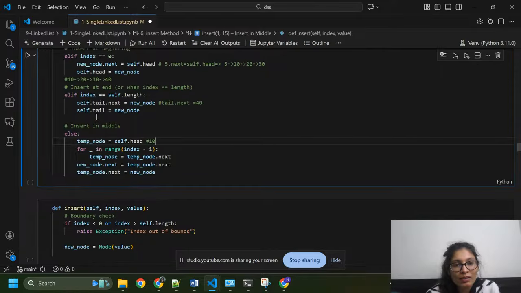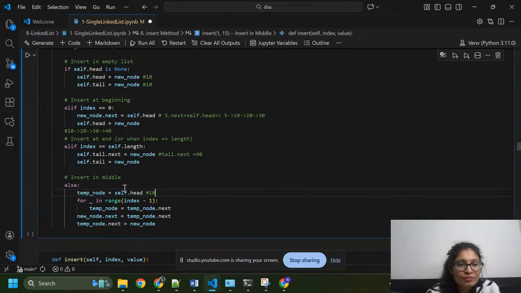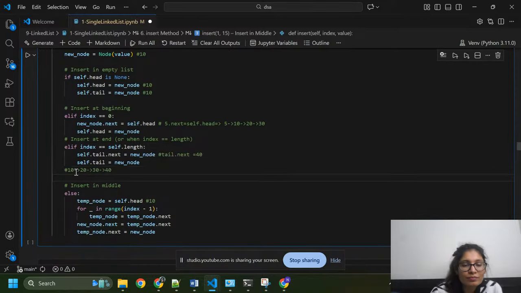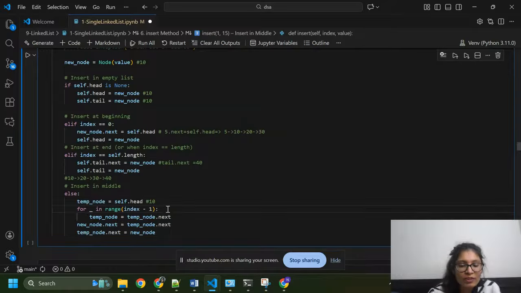I am going to add an element at index 1. This is our linked list, and at index 1 we have 20 here. So I want to add at index 1, so 1 minus 1 gives 0. In the range of 0, I need to apply the loop one time.